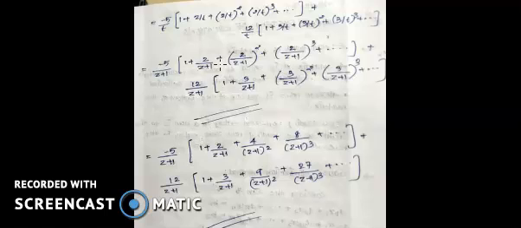So now that will give the answer. If you expand it like this, 2 square is 4, 2 cube is 8, and the denominator square, cube, etc. So you can take the square and cube of the terms, and you get the final step. This gives the solution.